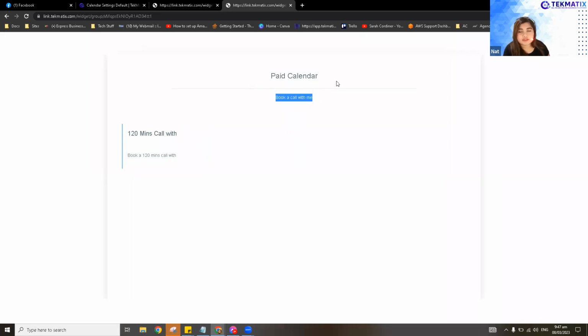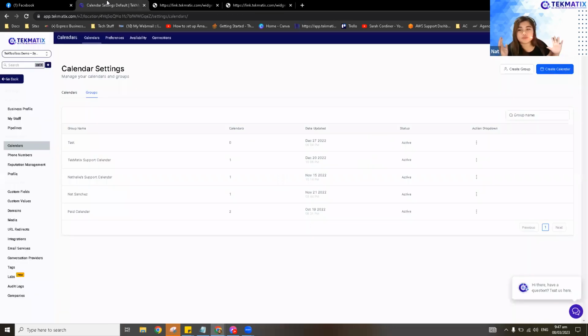It will have the title in here on how you set up your group calendar. I'll show you how to do that during the demo. And then it will lay out all of the individual calendars you put under that specific group calendar. So as you can see, we have a 120-minute call with experts in here. And it will have another tile for the second calendar, a third tile for the third calendar and stuff like that. I'll show you how to do that in a bit. But first, let's get you set up.